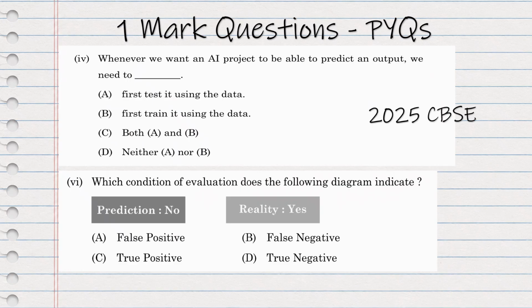Now next is the 2025 CBSE question. Whenever we want an AI project to be able to predict an output, what we need? We need to first train it using the data. पहले हम training करेंगे फिर testing करेंगे। Next है which condition of evaluation does the following program indicate? Prediction no, reality yes। हमने अभी देखा था कौन सी condition है, prediction no, reality yes is the false negative।